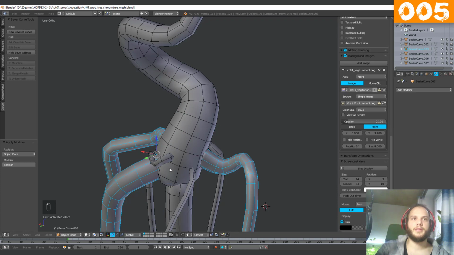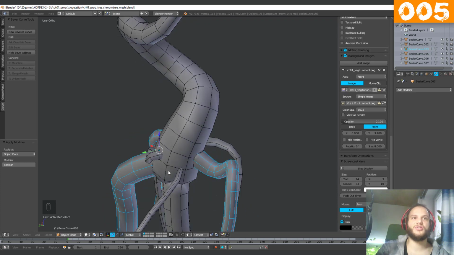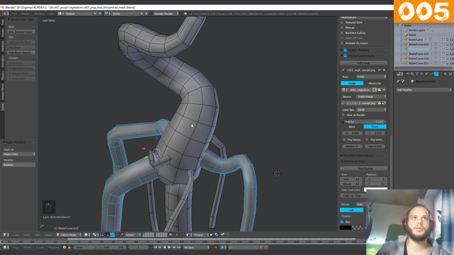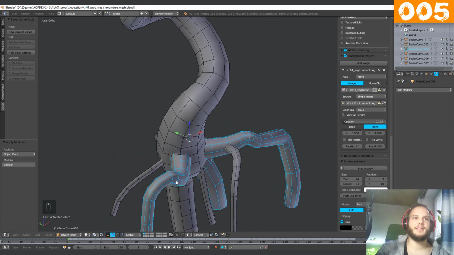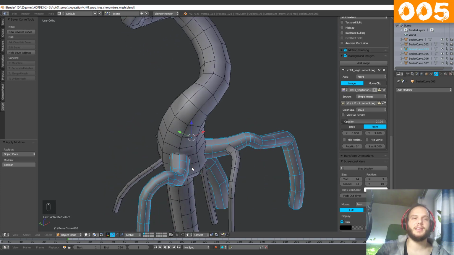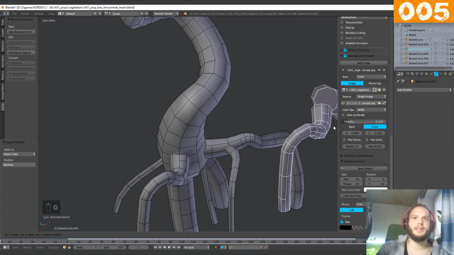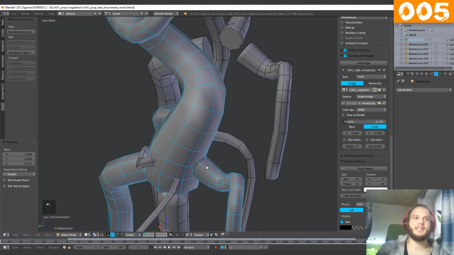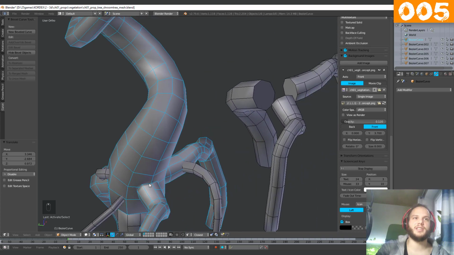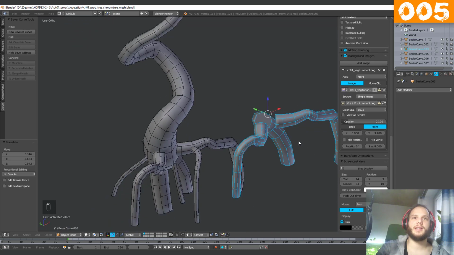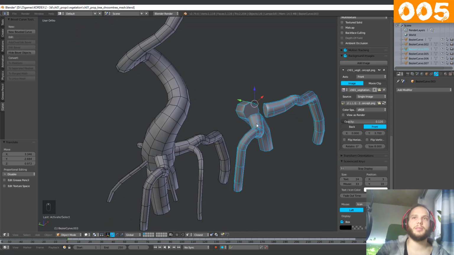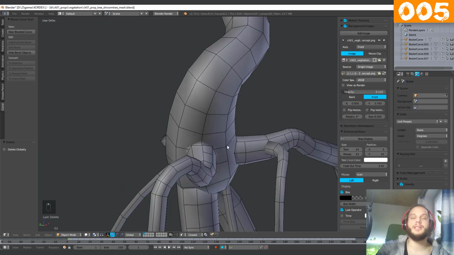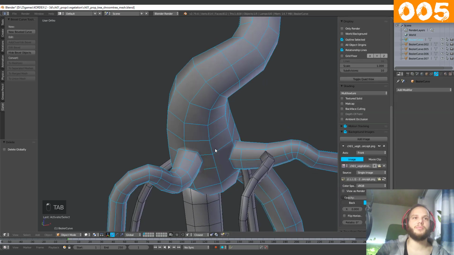And when I select them, they're still not connected with the rest. But the thing is, this is now duplicated. So when I move this, it is duplicated, and this is one single mesh, and this is what should be my result. I don't know why this is duplicated, but we can use it anyway, or we just delete it. We don't need this anymore. And when I go now to edit mode,